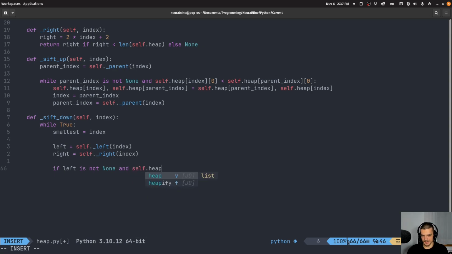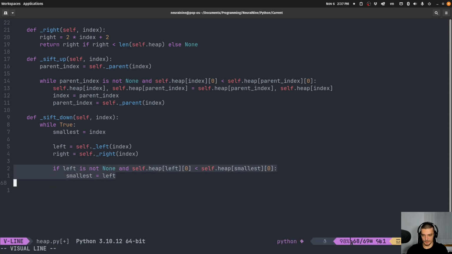So if self.heap[left][0] is less than self.heap[smallest], which is by default my index, if that is smaller than that, then I need to go ahead and swap the position. So I need to say smallest is now considered to be left. I'm going to swap them in the end, but we're going to say now that the smallest one is located at the index that the left one is located at,